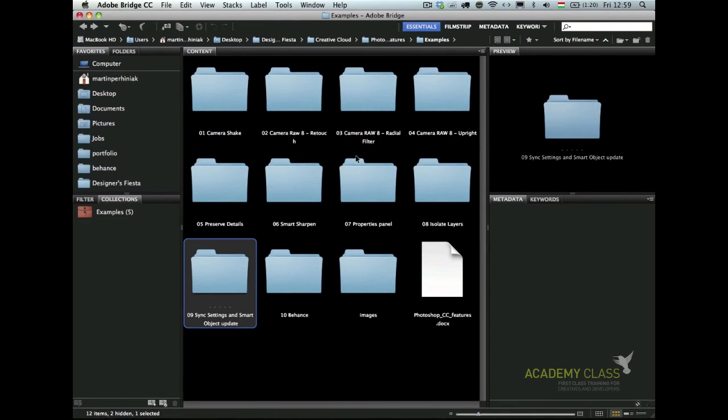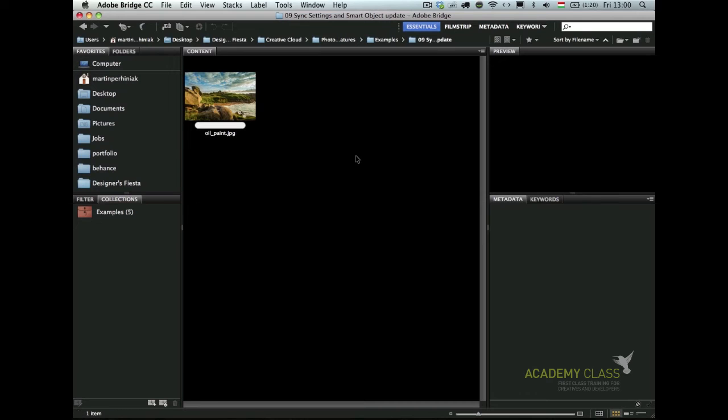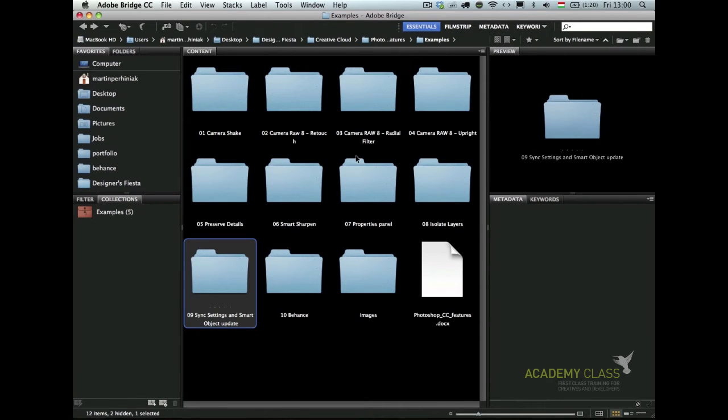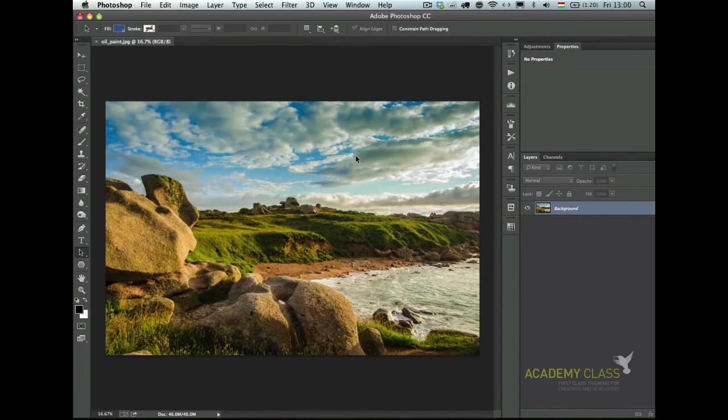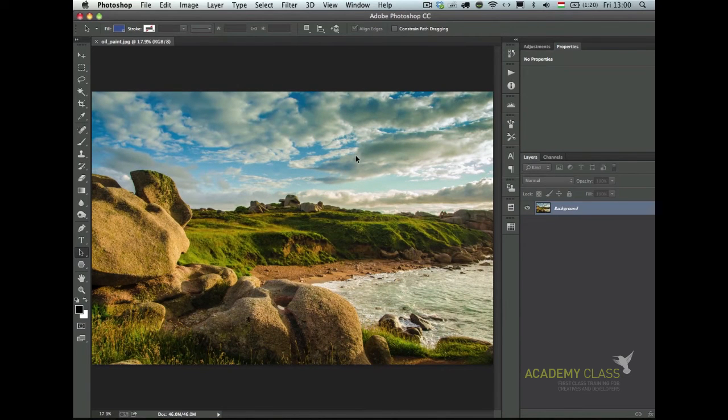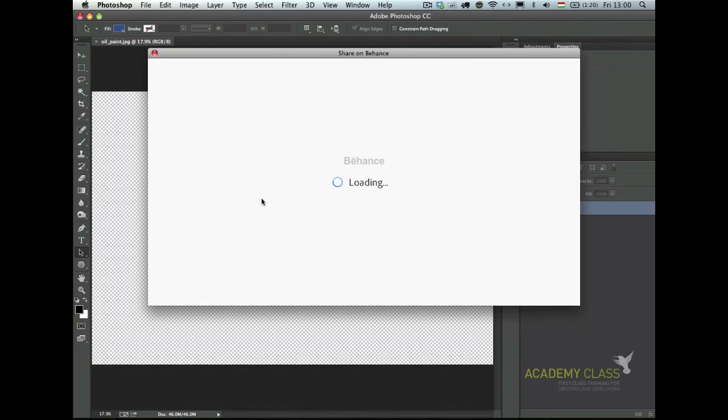Okay, sync settings. Sync settings, Smart Object Update is another thing we can have a look at here. Let me just open this one. So there's a new icon here at the bottom, which is actually, there's 2 new icons. One of them is the share on Behance option, which let's just see if it might be a bit faster now, hopefully. I'm only on the wireless, but it doesn't want to load in. That's one of the new icons, the share on Behance, and the other one is the sync settings icon,